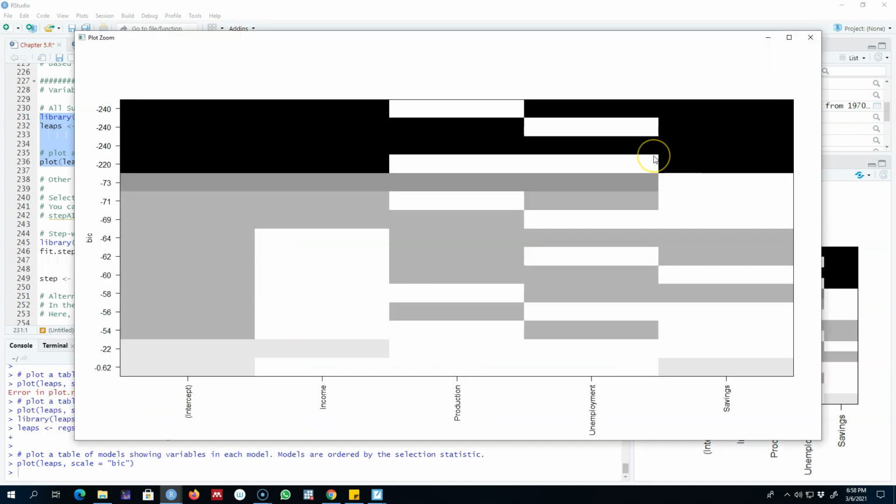Looking at these results, they are almost identical to what we saw earlier. That is, our BIC is minimum when we do not have production in the regression equation. Including only the intercept, income, unemployment and savings in the model gives us a BIC value which is minimum, about minus 240.